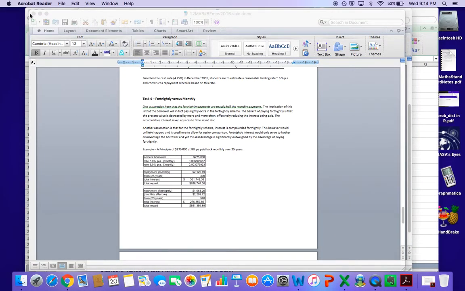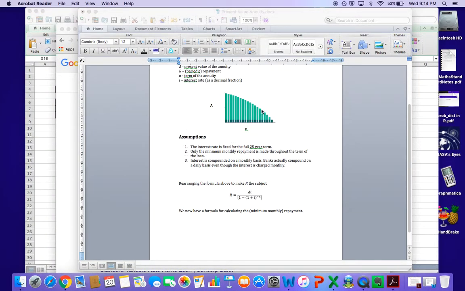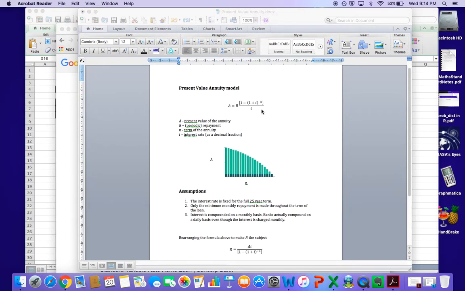So let's kick it off with looking at some basic theory here. This is the present value annuity model right here. This formula is very similar to the compound interest formula. The only difference is we've added in an extra parameter, and that is R, the repayment. So it's a periodic amount that's contributing towards paying off a loan amount,